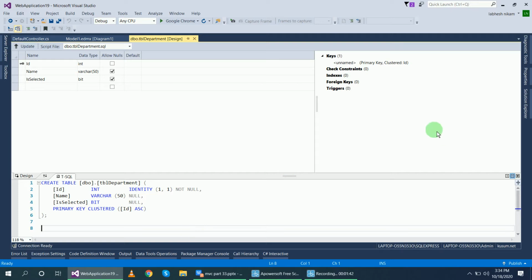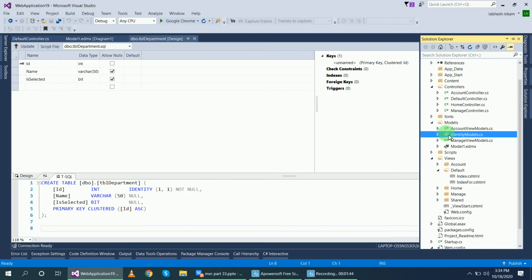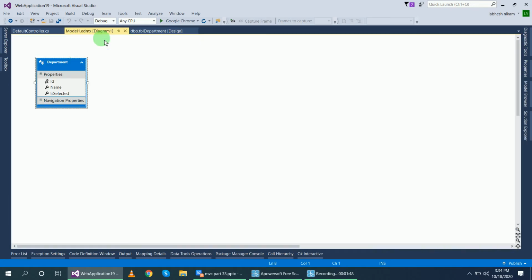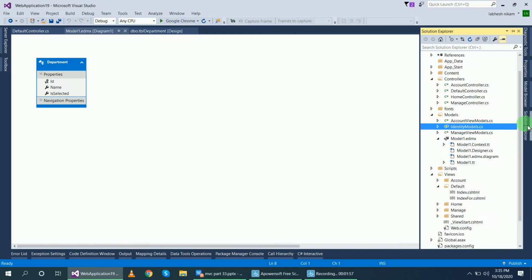I have already created the data entity model, and inside of it is this department table. Before we start, we first create the model class.